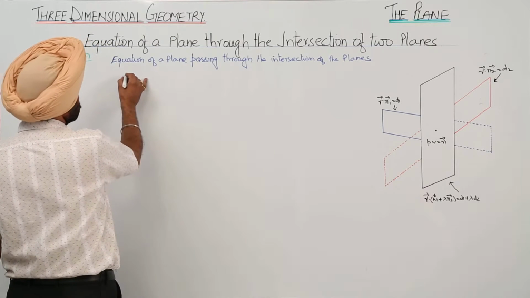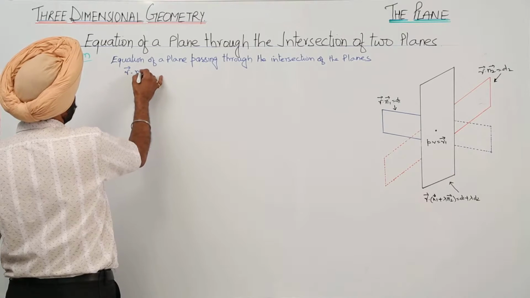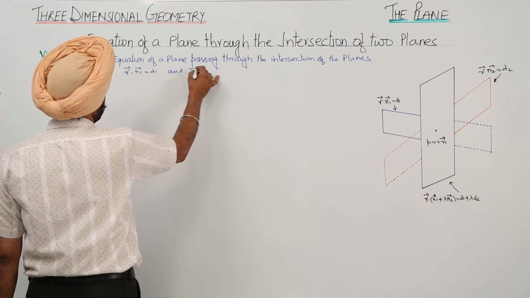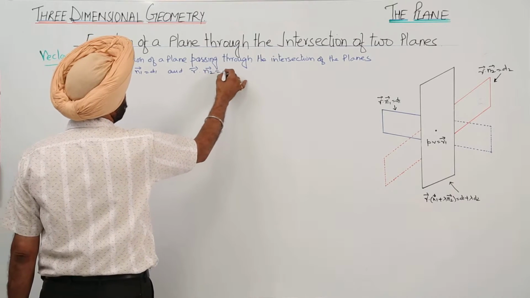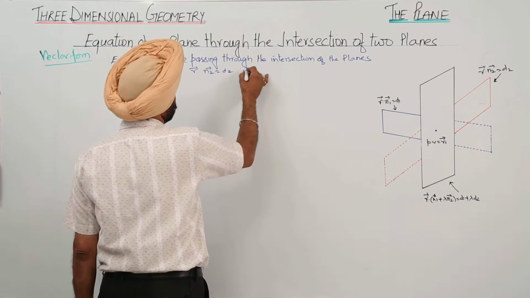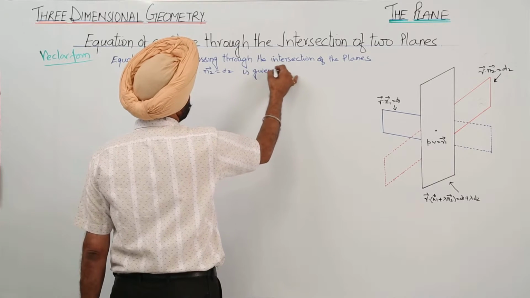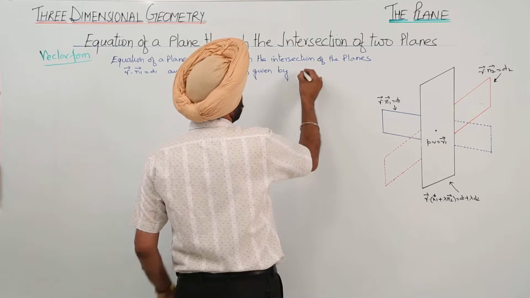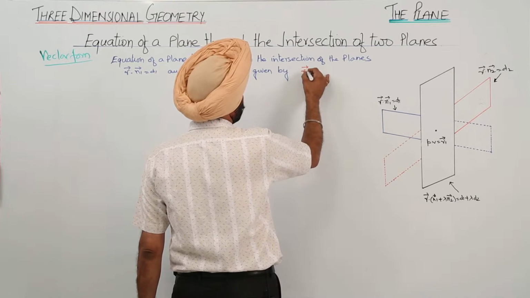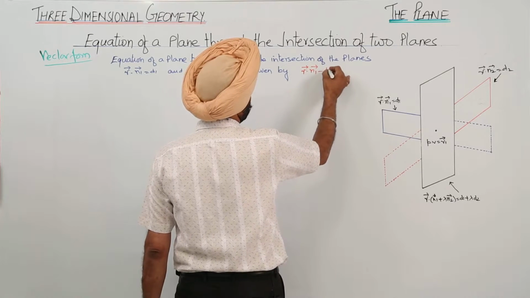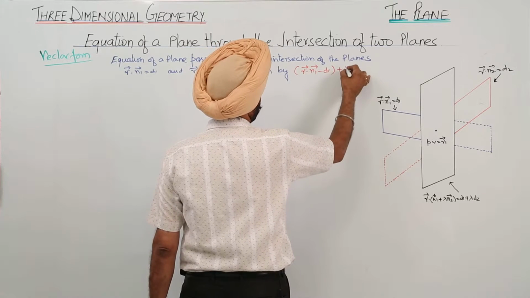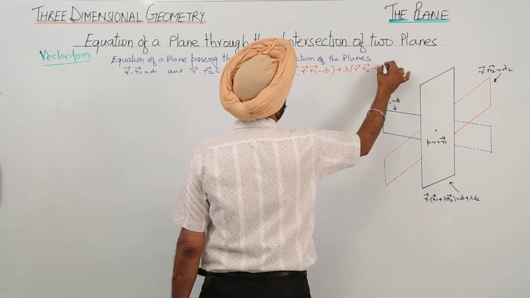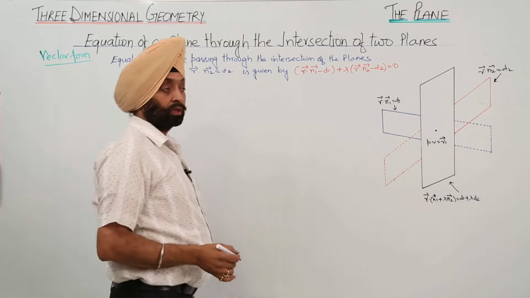planes, and the equations are vector r dot vector n1 is equal to d1 and vector r dot vector n2 is equal to d2, is given by vector r dot vector n1 minus d1 plus lambda times vector r dot vector n2 minus d2 is equal to 0, or